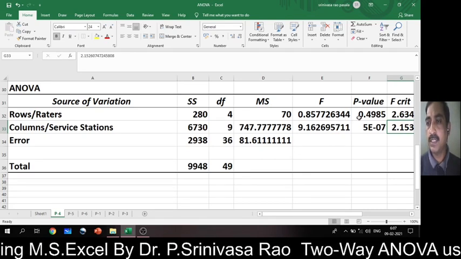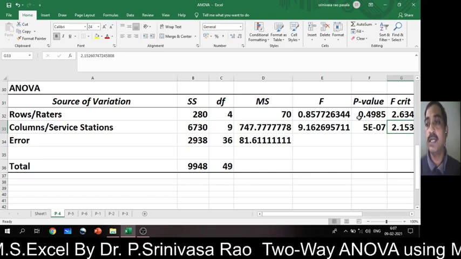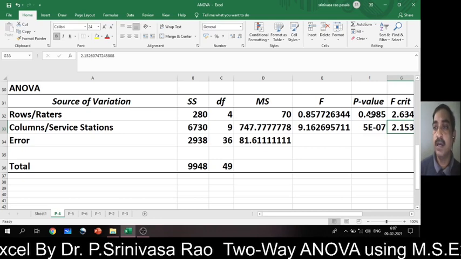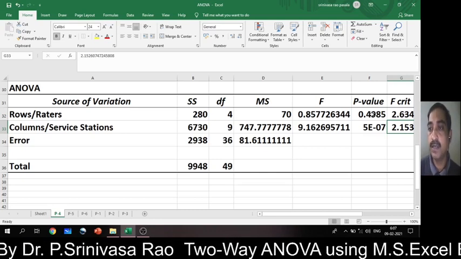Another one is the p value. By using the p value directly, you can take a decision. I already told in my earlier class how to use the p value to take a decision. It's very simple, there is a thumb rule.